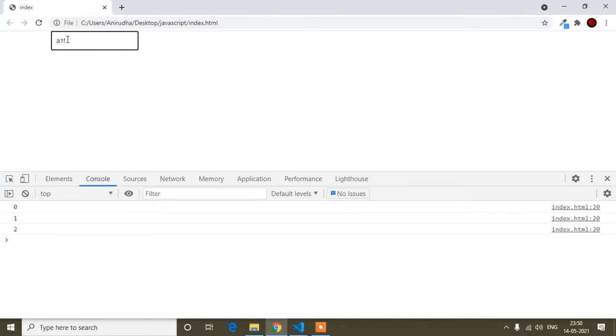So it's just counting how many digits or characters you have added here. Again I'm showing, just refresh, and first if I press S, you can see 0, and after that again S, you can see 1. I mean, that number counts how many keys I am pressing in this input field.